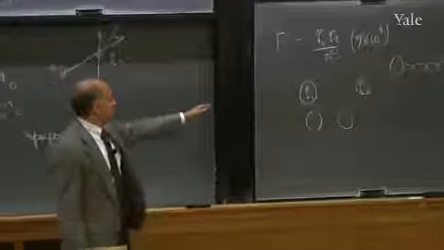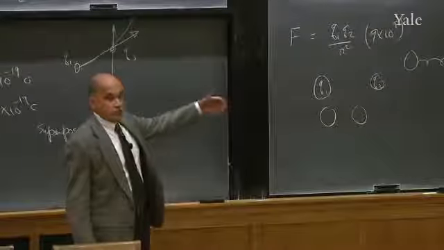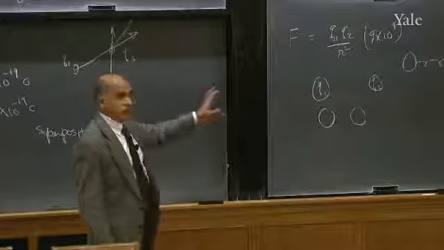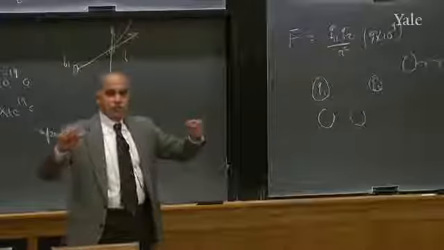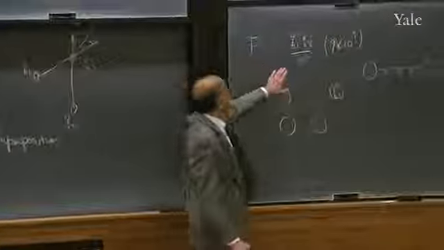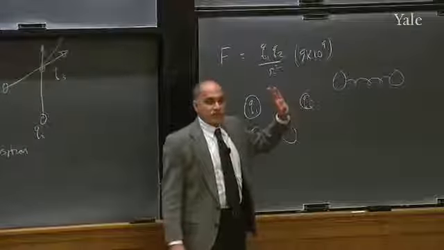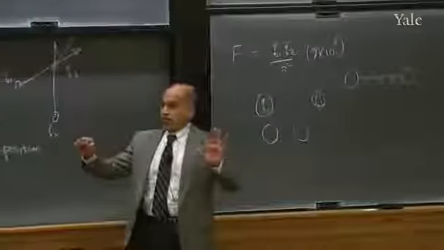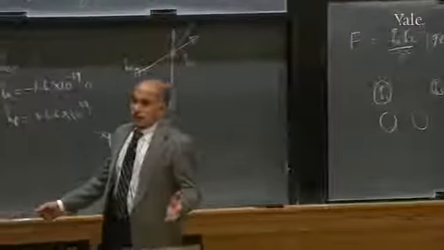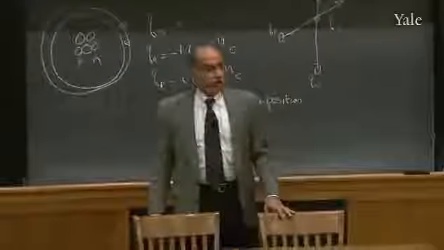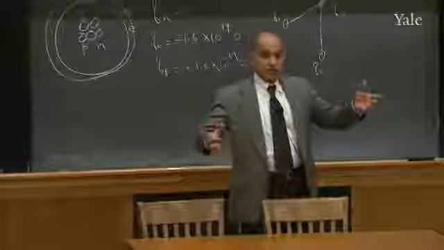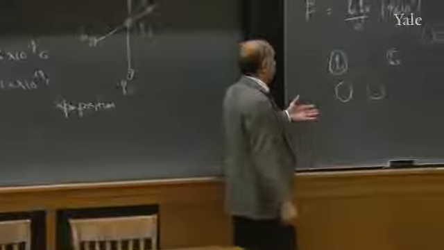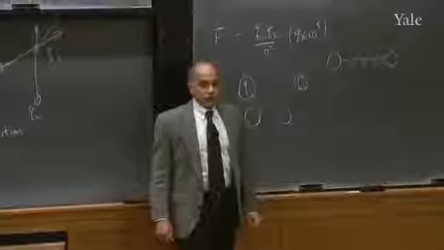Anyway, that's how we can find, even if it's not 1 over R squared, if it's 1 over R cubed or 1 over R to the 4th, whatever it is, you can find by taking 2 charges. See, we don't have to know what Q1 and Q2 are. That's what I'm trying to emphasize here. If all you're trying to see is, does it vary like 1 over R squared, keep everything same except R. Double the R and see what happens. And best way is what you said, watch the acceleration. And if it falls to 1/4 of the value for doubling the distance, it's 1 over R squared.